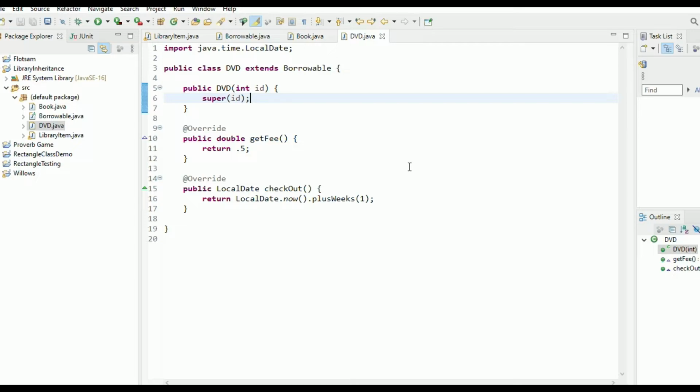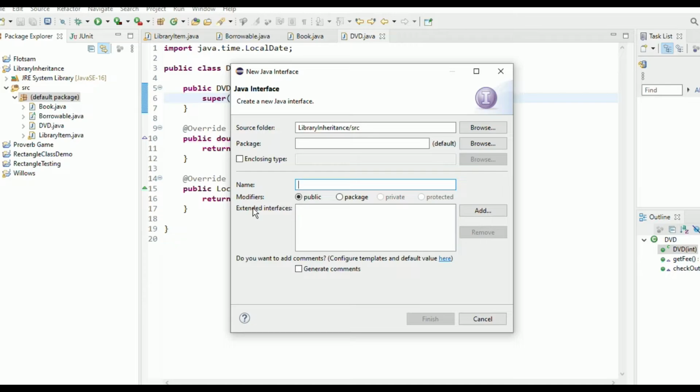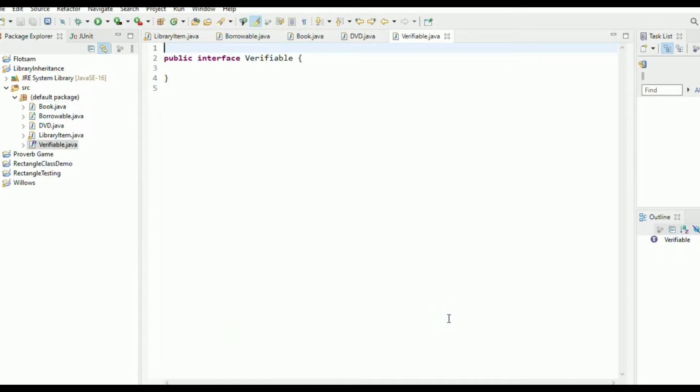Now we have one piece left to implement, and that's the Verifiable interface. So I will right-click on my package and say New Interface this time, and I will give it the name Verifiable. Eclipse responds by creating Verifiable.java, and the header for the interface is public interface Verifiable. Now I will write the method that is part of the interface, public abstract boolean verify(int id), and then a semicolon,